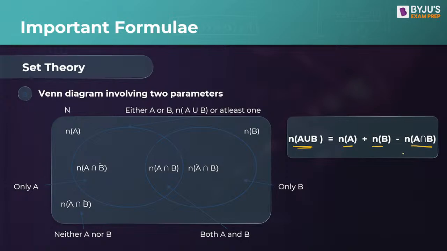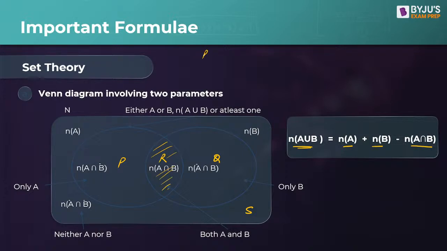This is the formula that is applicable for a two set Venn diagram, and if you know this formula, it is more than enough. Now, if I look at different areas, let's name these areas. Let's say this area is P, this area is Q, and this area is R. And outside these circles, inside the universal set, let's call this area S. So now I have divided this entire universal set into four different regions, P, Q, R, and S. Now R is the common portion.